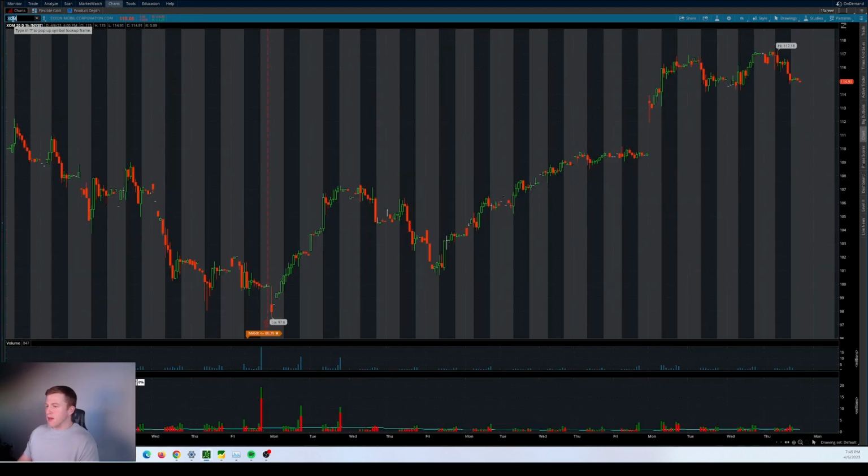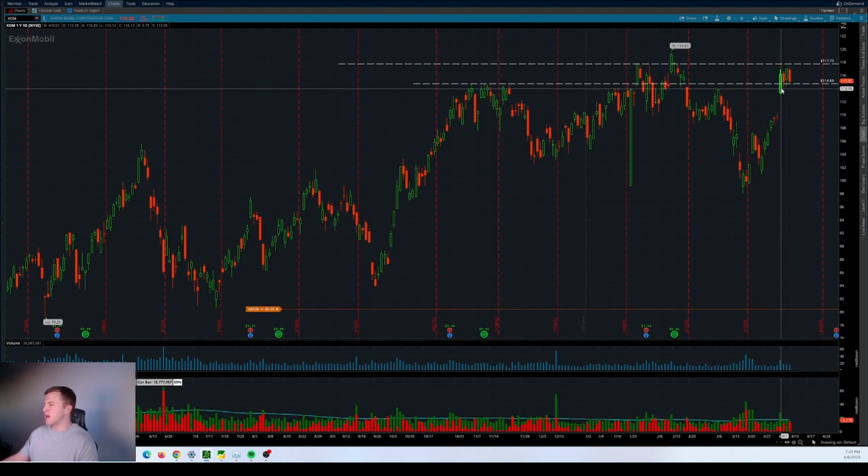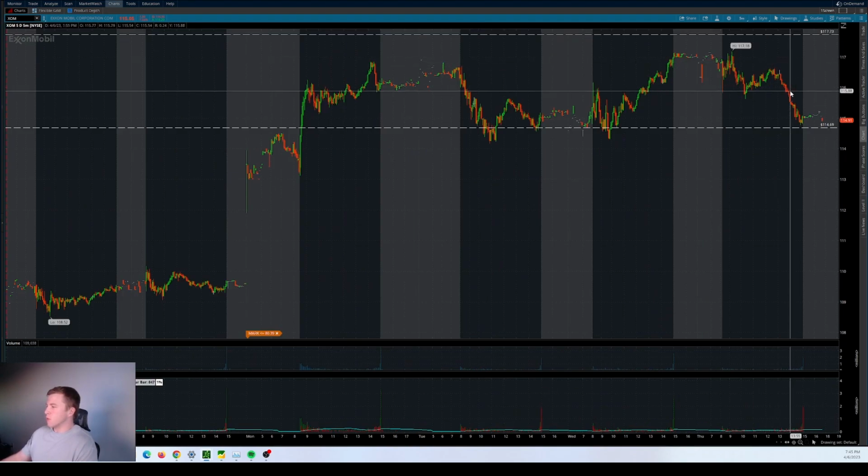The first play is going to be one that's been strong, and really this gap up comes from that OPEC news that we got here. Basically a big gap up on volume, and then we're forming this bull wedge, or basically this wedge pattern here. I want to see this hold this 114.69 area. If we do go in here, we're getting close to this in the after hours here, but a very strong